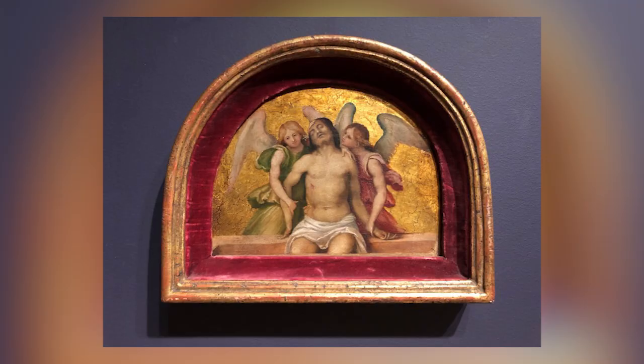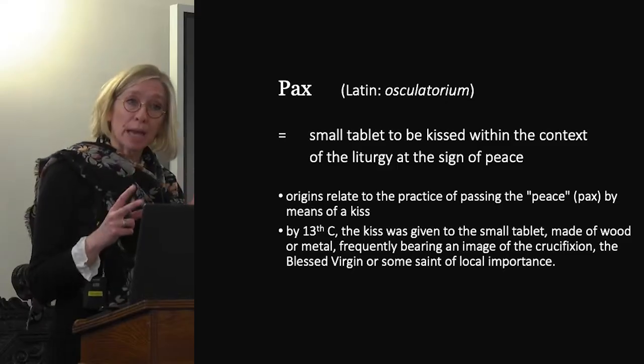And Franchi found reference to a panel that was gilded, that was requested by a community outside of Venice for a Man of Sorrows. And Franchi thinks it is this panel. And the purpose of the work was intended to be a pax, P-A-X, which some of you may not have encountered